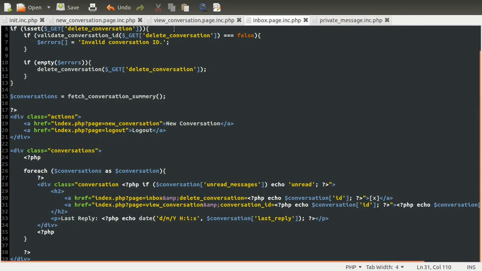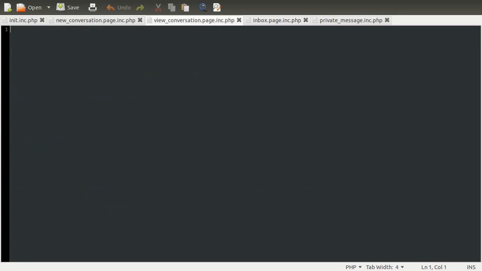So what we can do now is go to our code again and go to the view conversation page file, which again, if you remember, is in the core folder and then the pages folder. So in this file what we need to do is two things. One of them is show all of the messages, which is what we're going to do first, and the other thing is we need to provide a form for the user to add their own messages. Before we do any of that, what I'm going to do is add a div at the top called actions,